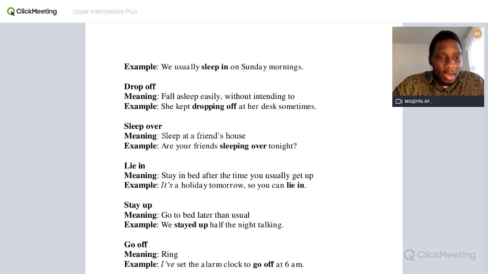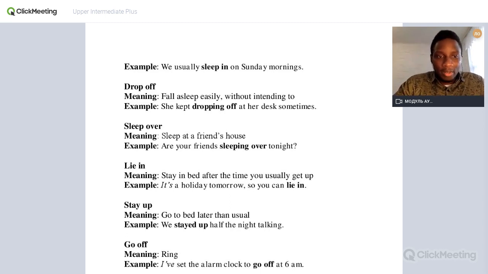And then you have stay up. Stay up. Now it means you're probably with your friends. They came over. They came to sleep over. Now let's say sleep over. They came to sleep over at your place, and these are people you haven't seen for a really long time, and you're so excited to talk, to chat with each other, and you stay up late past 12 a.m. in the morning, 1 a.m. And this is what it means, stay up late